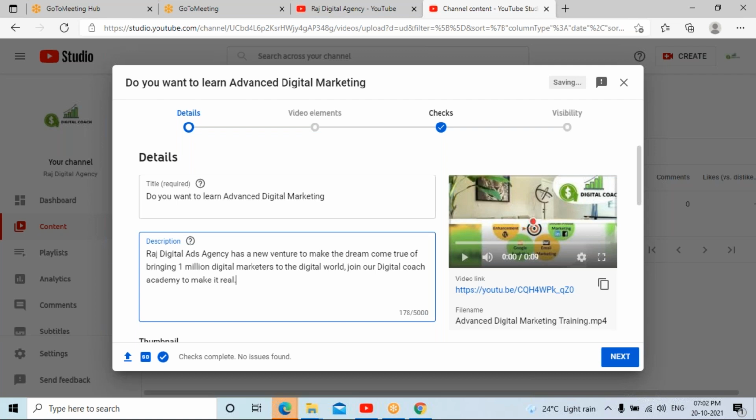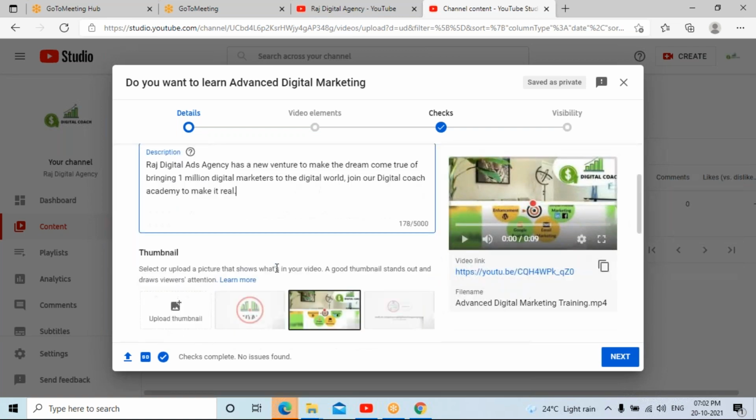You can add a minimum of 500 to 1,000 characters so that it is easy for people to understand.